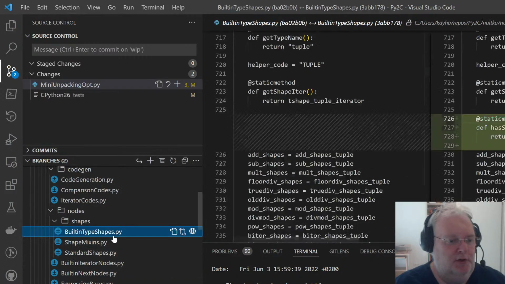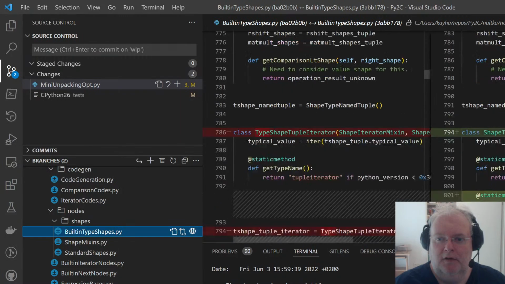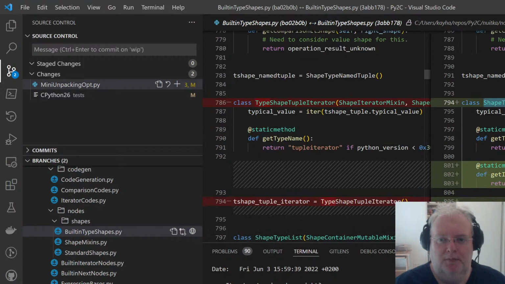The built-in type shapes now have functions to indicate traits. So maybe I need to reiterate what a type shape is. A type shape indicates traits a type has.